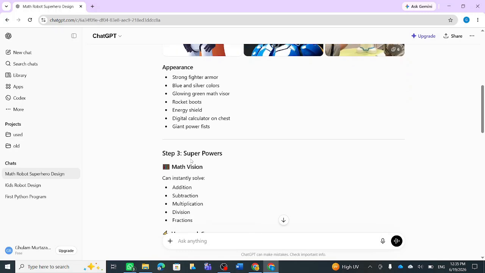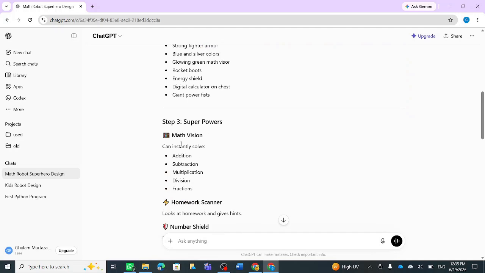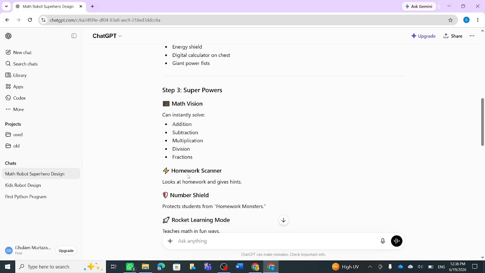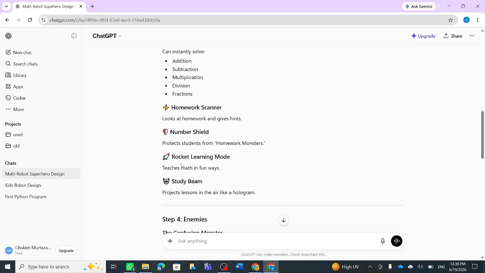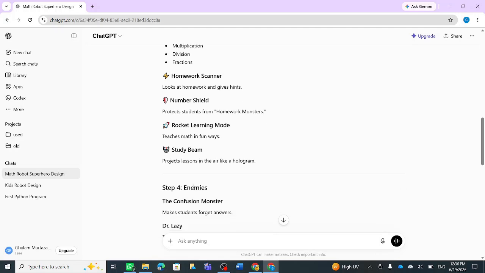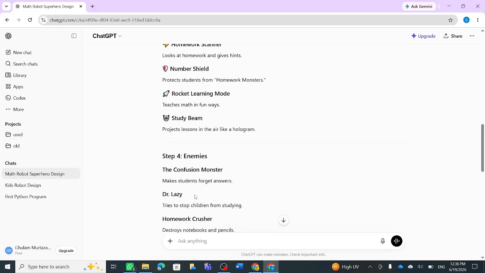Okay, what superpower does he have? It has math vision, addition, subtraction, multiplication, and all of the math things. It can scan the homework. It has number shields. It has a rocket learning mode, study beam, and it has enemies. The confusion monster makes students forget answers.